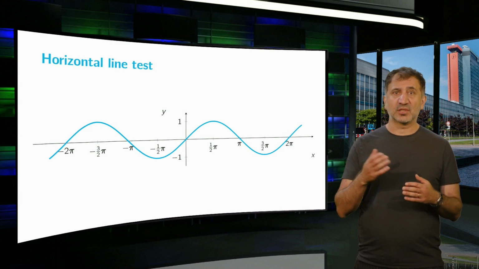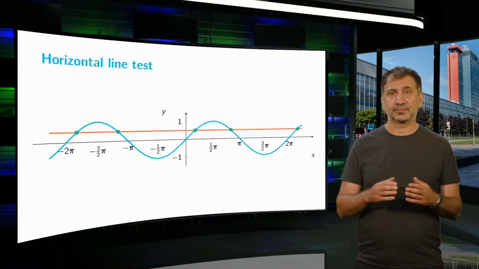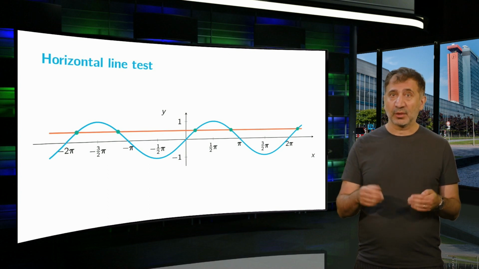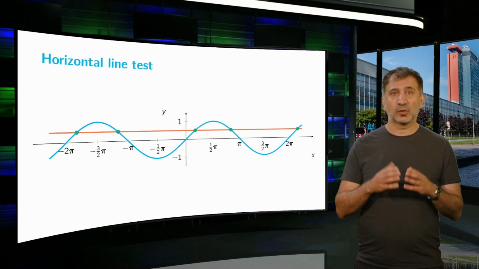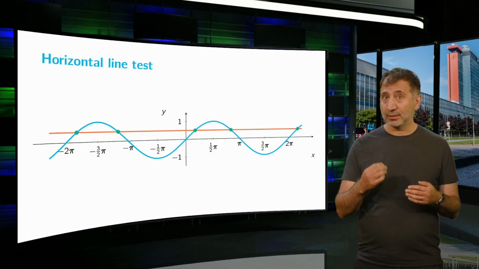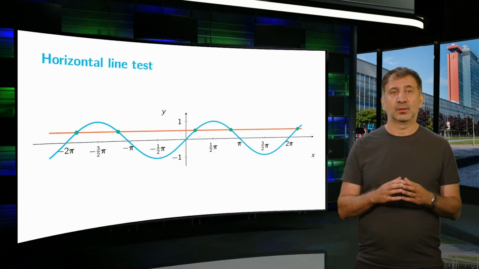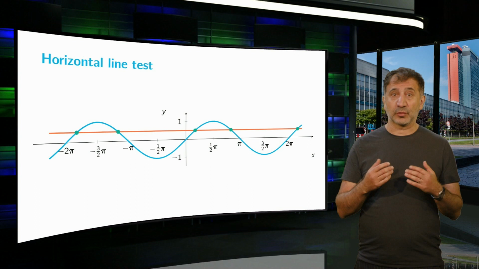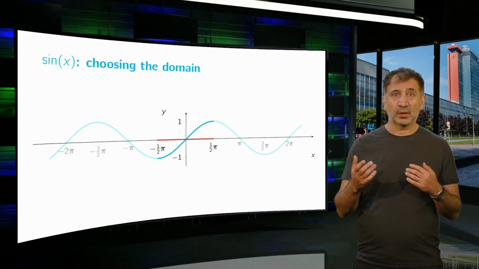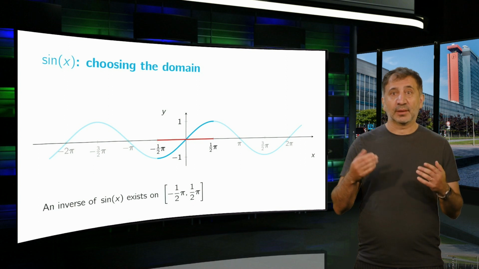Take a look at the graph of the sine function. This horizontal line hits the graph in more than one point. In other words, the sine function is not one-to-one and therefore doesn't have an inverse function. So what you can do now is restrict the domain of the function in such a way that on this new domain it only hits the horizontal line once. What would be an appropriate domain? Looking at the graph, you see that an interval where the function ascends from -1 up to +1 would be convenient. And we mathematicians then prefer the one that contains the origin.